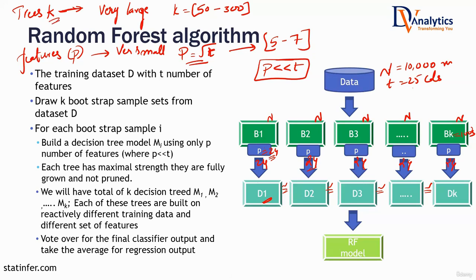K has to be a very large number of trees so that we do not miss any data. P has to be relatively very small so that we can achieve independence. If you set K accurately and if you set P accurately, then random forest will definitely give you better accuracy than a decision tree. Finding the optimal K and optimal P is not very difficult. It is not difficult because the optimal value is not just one value. It's a range of values. You just need to be near that range. Once you're somewhere in that range, you will be able to get a better random forest model.